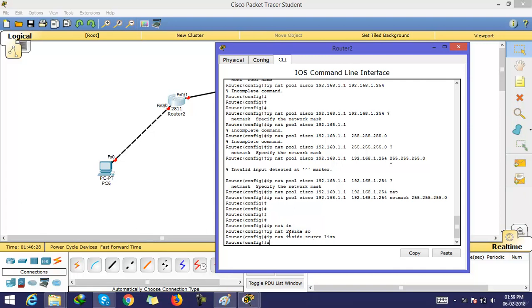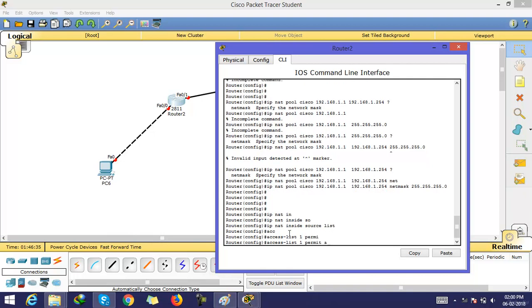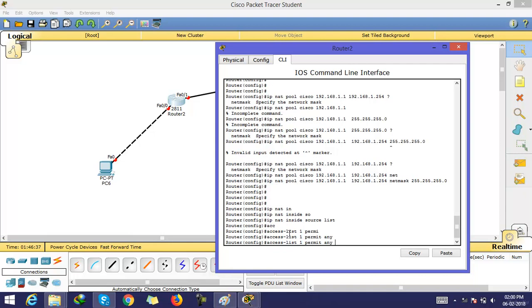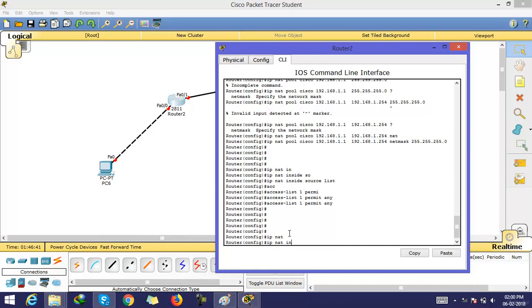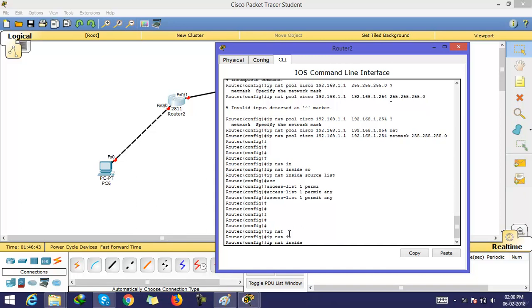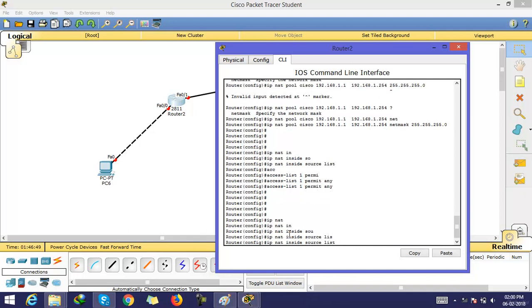So creating a list, type access-list 1 permit any. Now type IP NAT inside source list 1